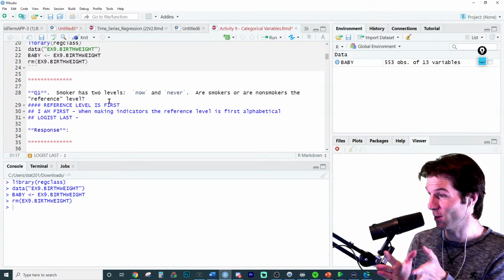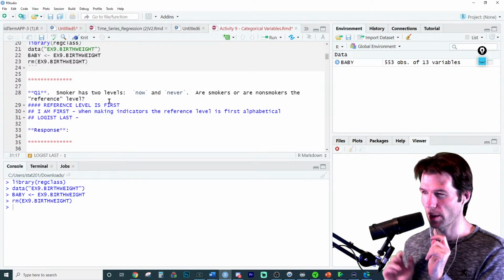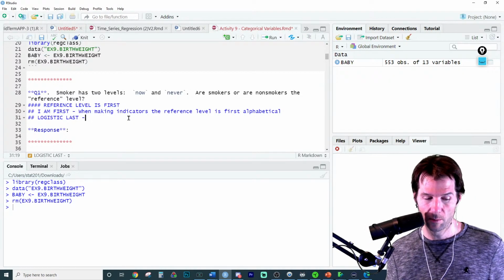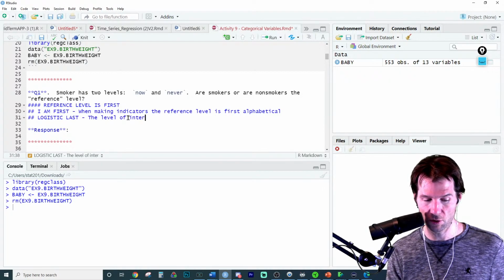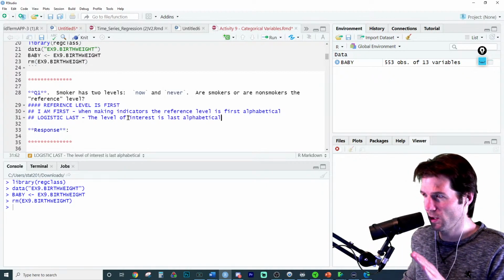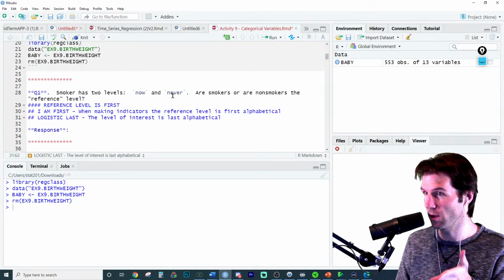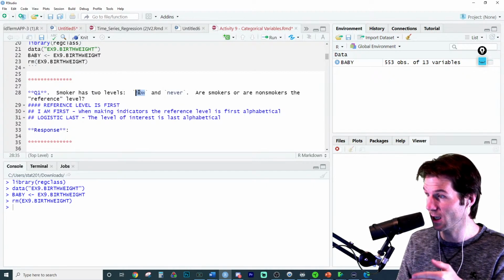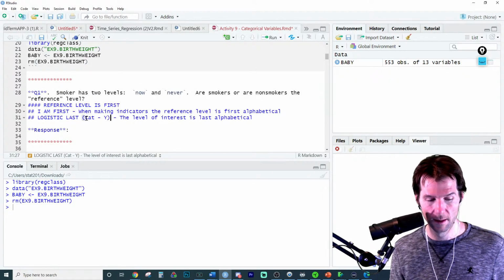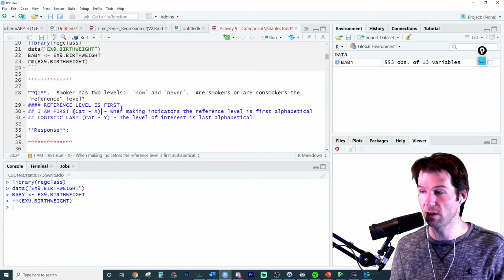A, B, C, D, E. E comes first, and they both have N at the start. So never will be the reference level. And we'll talk more about reference levels here in a moment. We haven't done logistic. It's got an IC at the end. But in logistic, the level of interest is last alphabetical. So it's a little bit confusing. For a lot of people, it's just memorization. It's putting it down on your cheat sheet. If I ask you what would be the level of interest here, it would be now if we're predicting it. And logistic is categorical Y. And indicators are categorical X's. We haven't done logistic yet, but this is a good